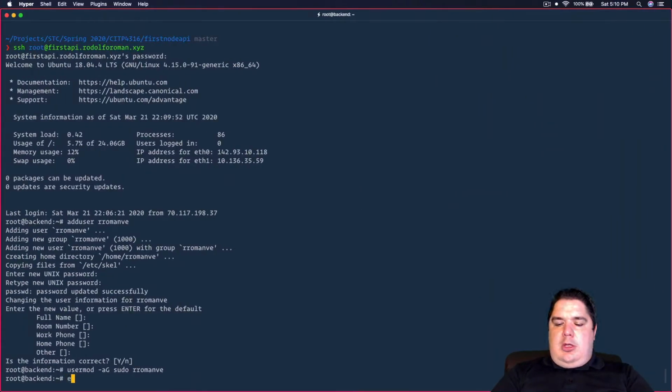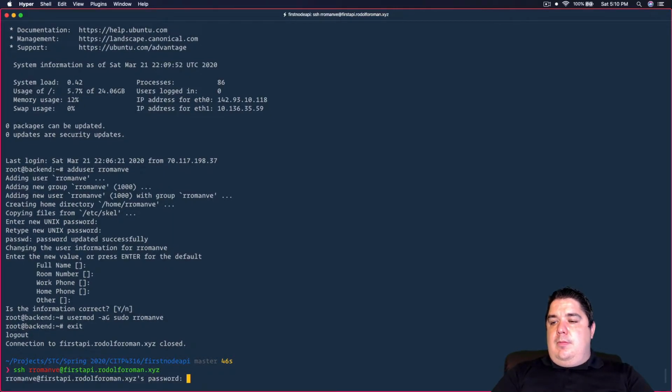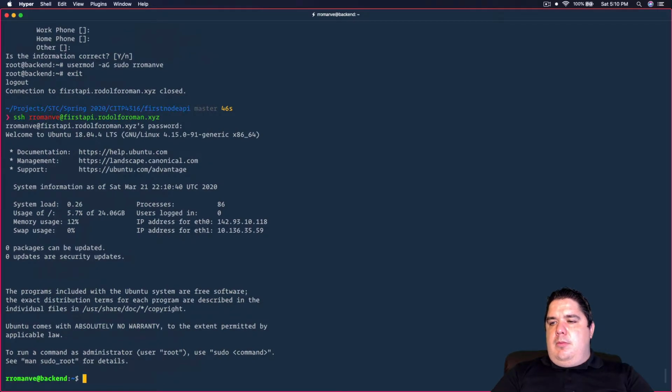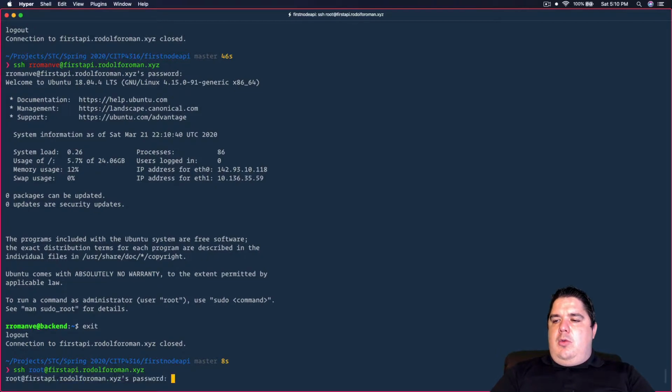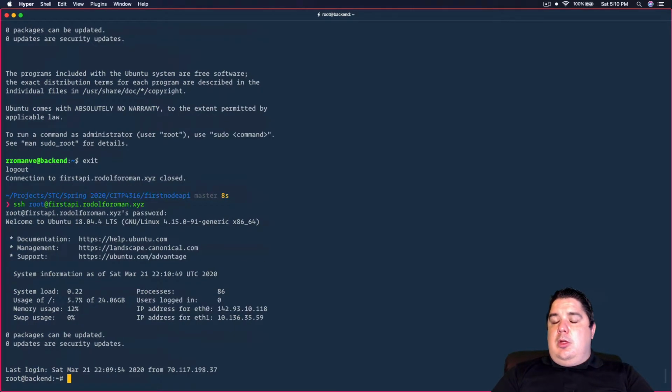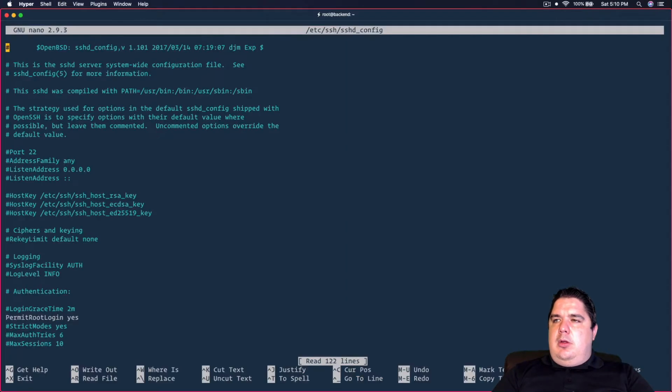I will test the connectivity. I will exit. I will try to log in with my user. Perfect. If this works, I can get out. I go back as root. We saw that the user is actually working. So in this case, I will open the SSH configuration. SSH is the way that we actually connect. And we'll remove